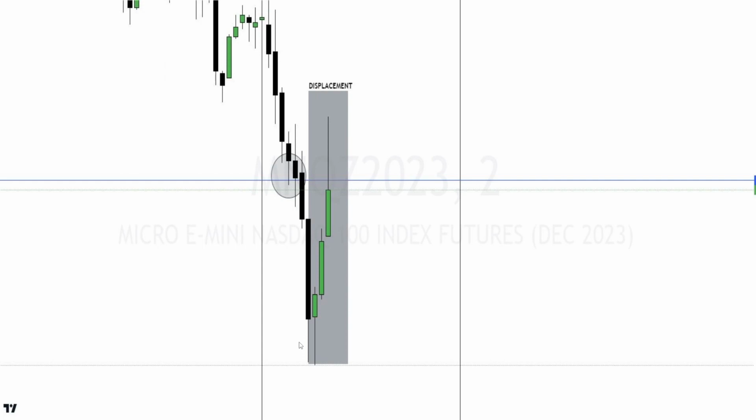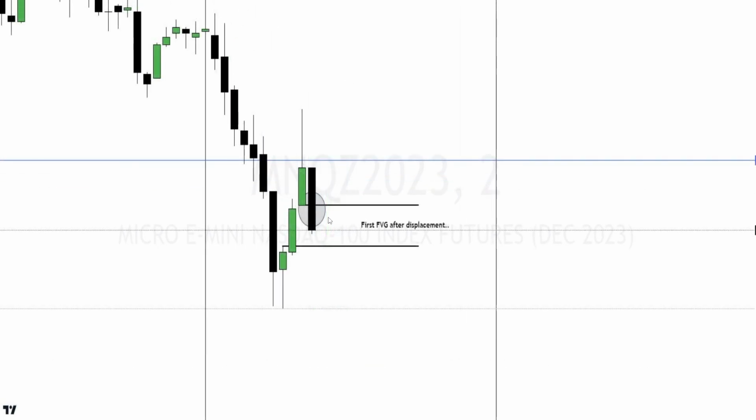We went down a bit lower, but we had displacement to the upside, right? And this is the first fair value gap after the displacement and after the liquidity sweep that formed. And as I just taught you, this is the one you take. You enter as soon as we hit the top of the fair value gap, in this case, because we're bullish,